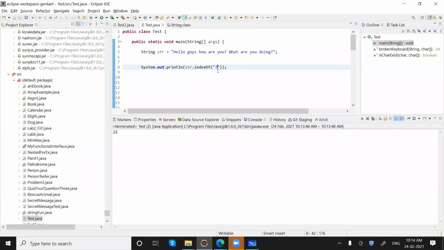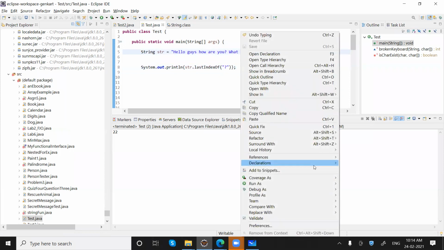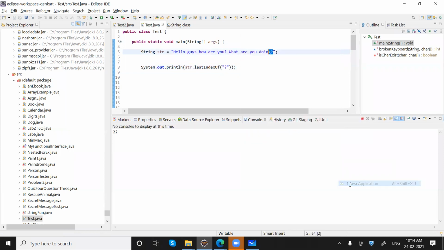Okay. Then we have lastIndexOf. It is again the same. We can say the last index we have is at the end, for this question mark. So it will tell us the last occurrence of this. That is 42, right?